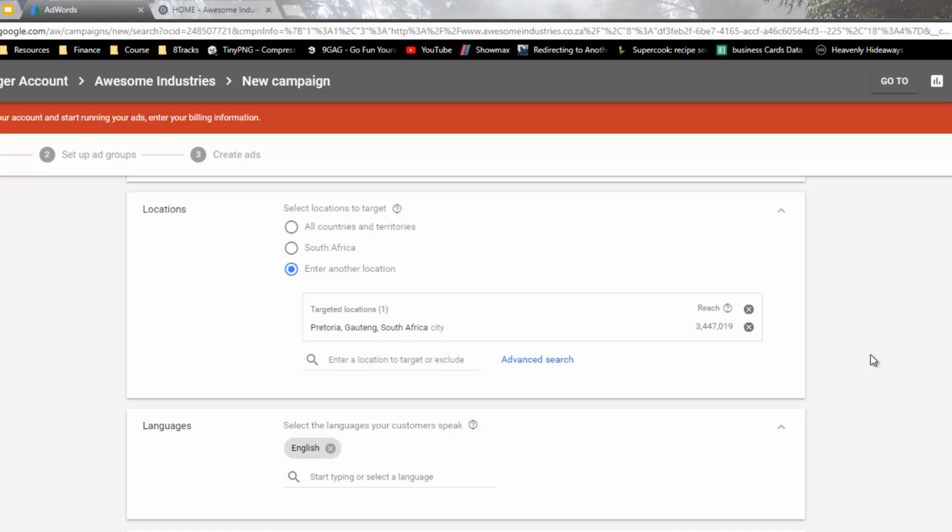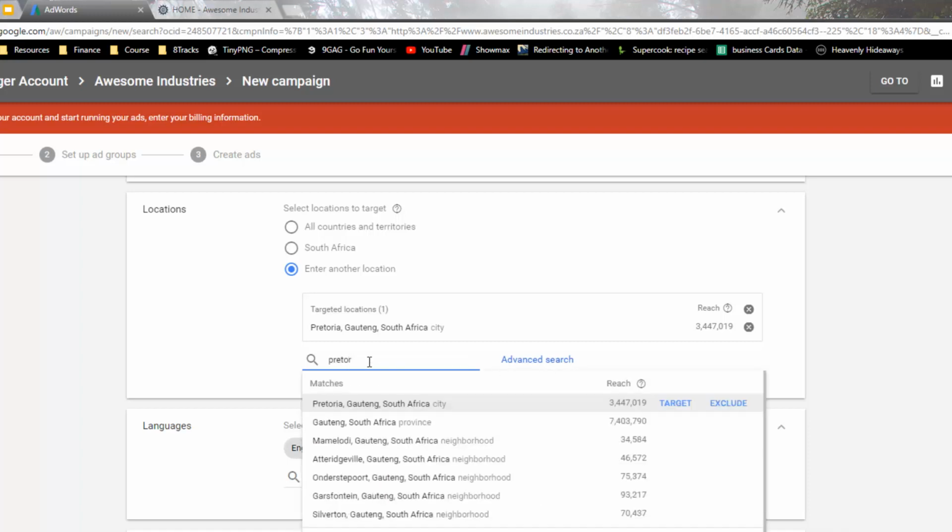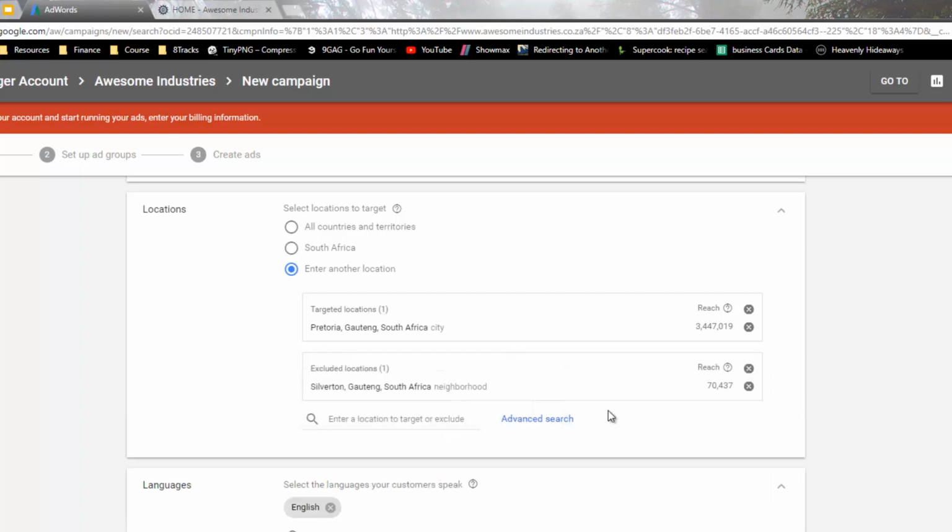Now, let's say, for example, there's a part of Pretoria that I actually want to exclude. And this is quite cool because you can enter a second location. I'm just going to type in Pretoria to bring up some options again. And you'll see that there's some different areas here that I recognize as part of Pretoria. Now, let's say we want to take Silverton, but I want to exclude this. I can just hit the exclude button. And that is now going to target the whole of Pretoria, but it's going to exclude that neighborhood or that section completely, which is pretty neat. And I'm going to stick with that right now because we're going to target Pretoria